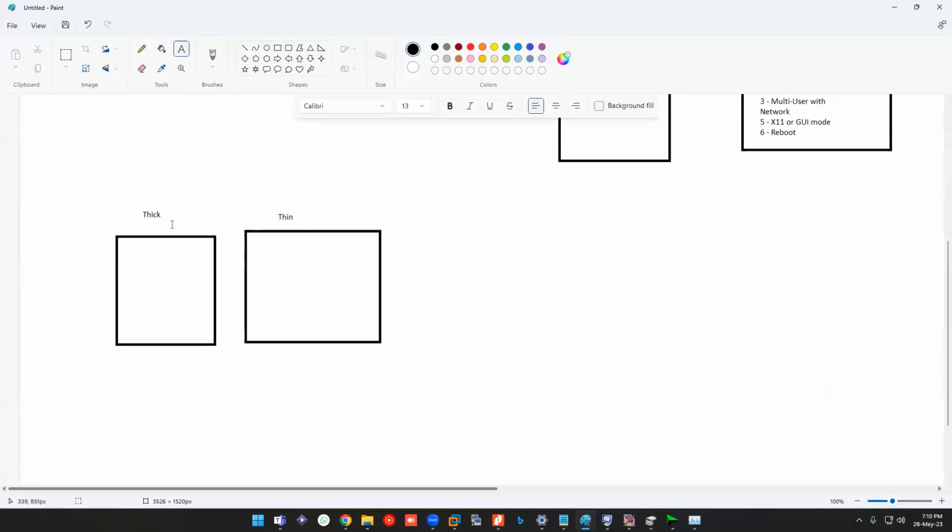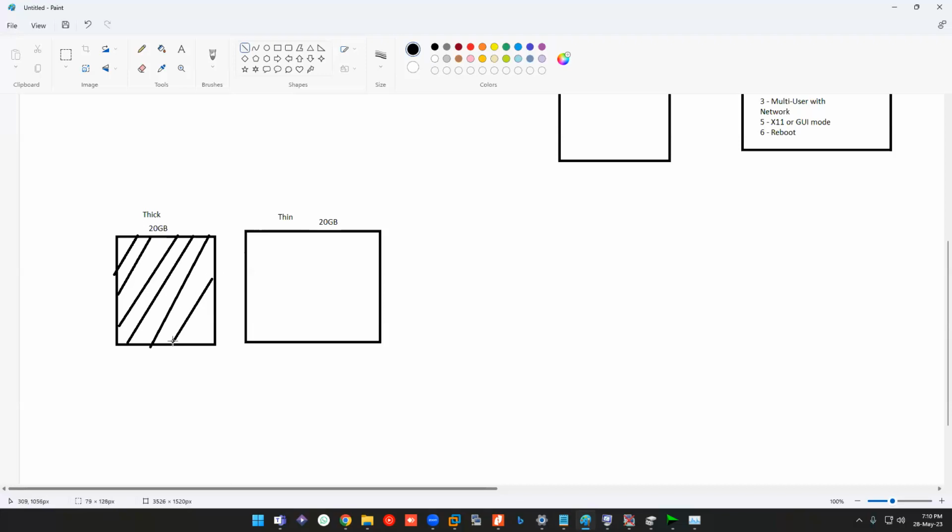So thick provisioning, let's say the same 20 gigs I'll take. Let's say the whole 20 gigs is allocated, created right away. That is what is called thick.